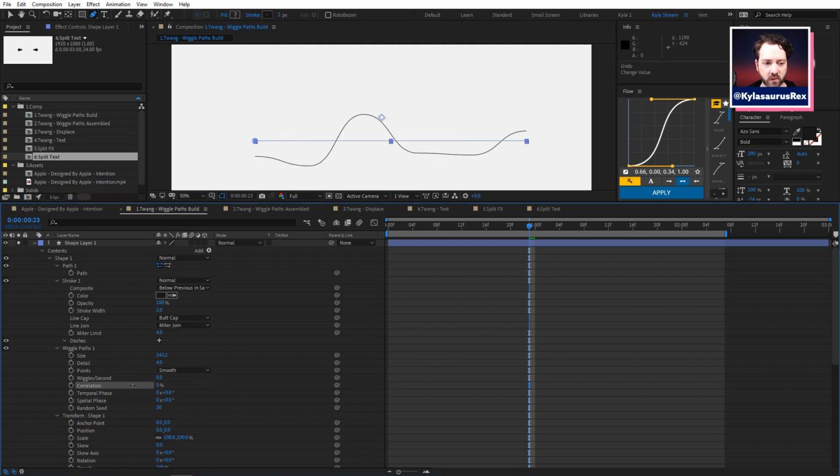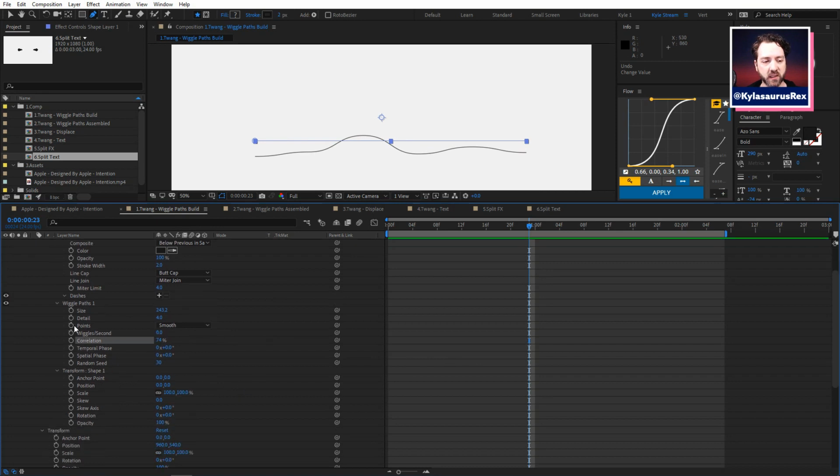If you take it to 100, everything's totally correlated, which means no wiggles. Or with lower numbers like this, you get a nice wavy, but still sort of coherent thing.